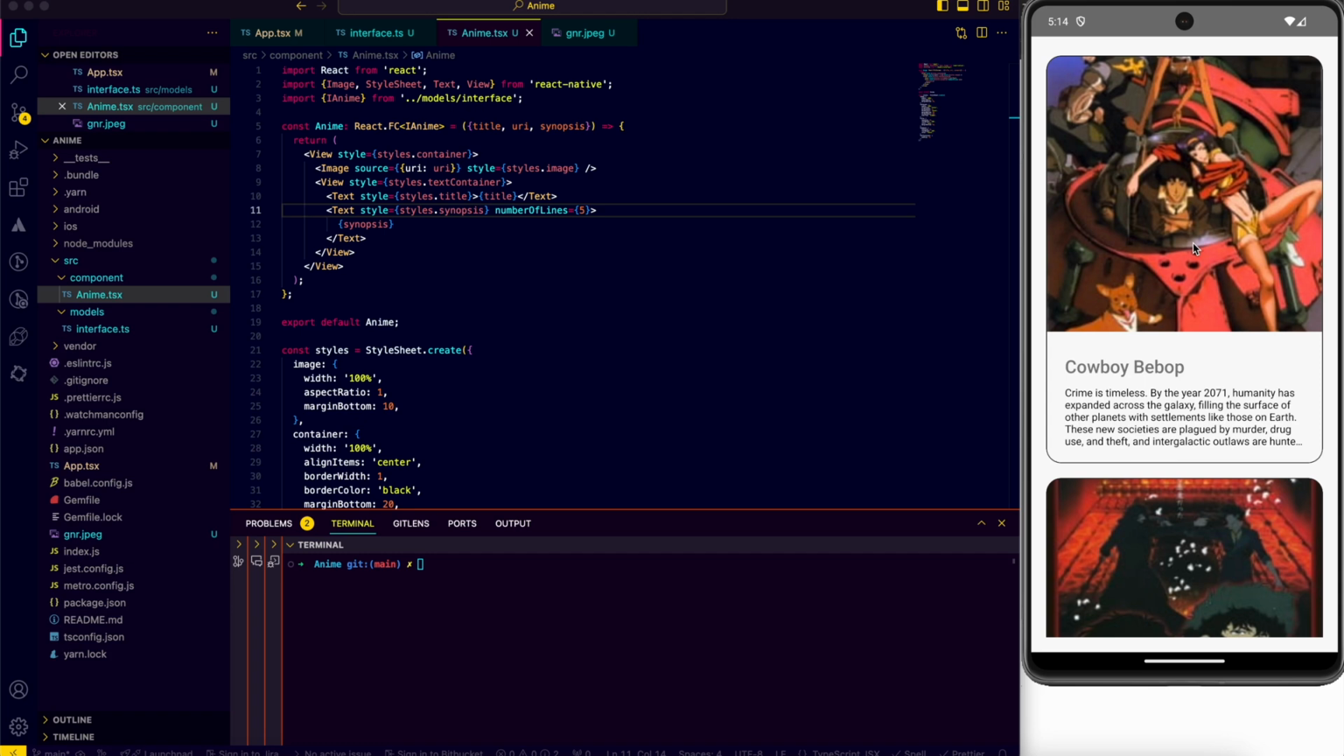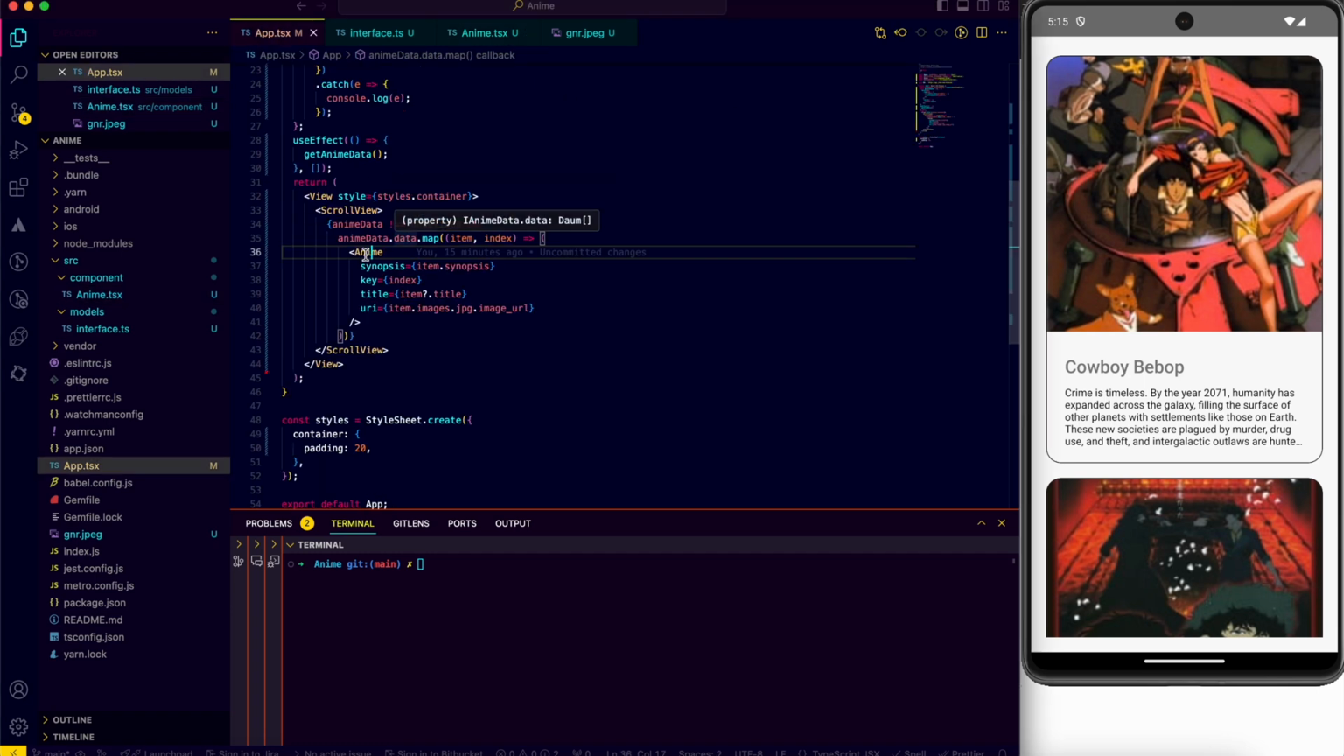So the approach here can be that we obviously need a pressable on the anime instead of having a view, and we need to capture the press event and what has to be done after the press event. So one approach can be that instead of rendering this anime, we can render the detail screen, right? We can create a component called detail screen and we can render that, but that will be a naive approach. The correct approach, and the most commonly used approach in such scenarios, is to implement something called